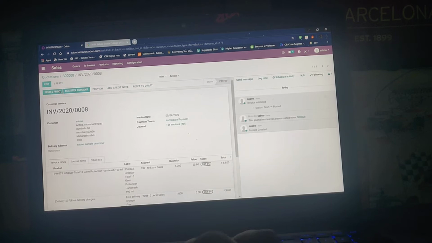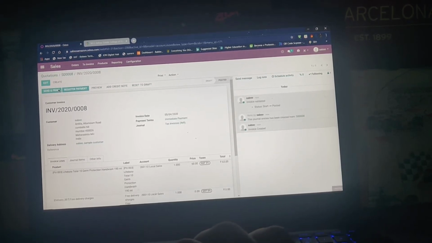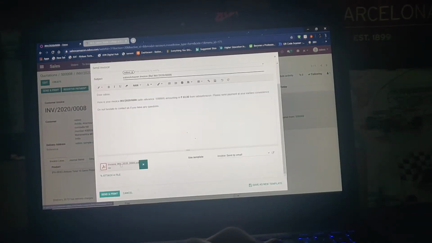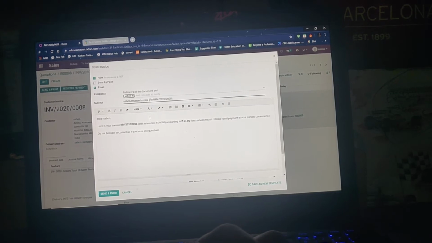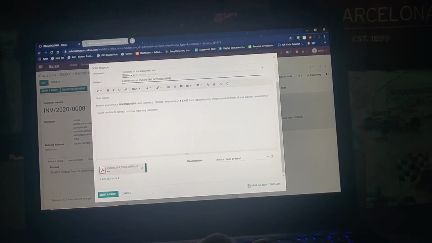So we can send the invoice to the customer. There we go, here's the invoice attached. This is a mail template which will be used by our company to send it to the customers who are ordering. So we can just send and print it,